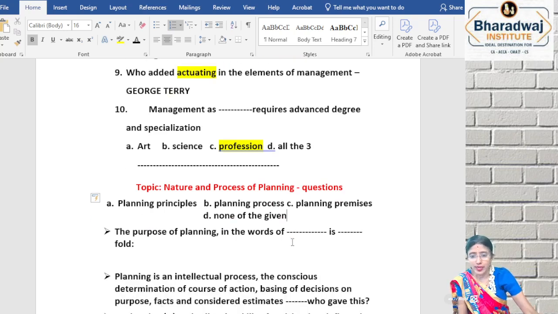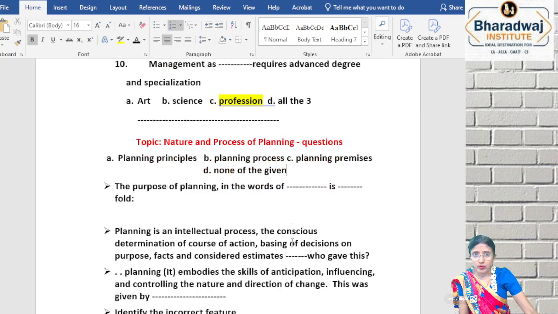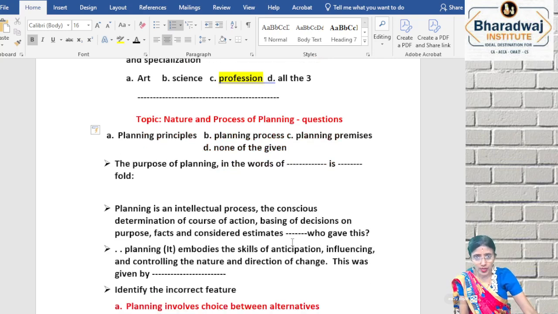Your word exercise in planning. Would you like to do it now? Yes? Would it be now, or after the break? What is your level of